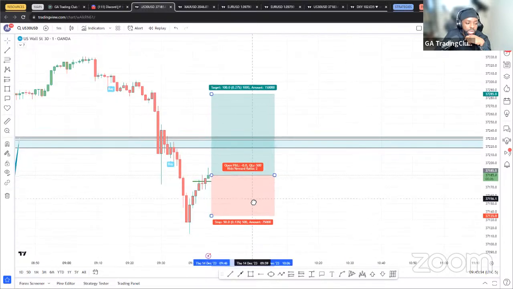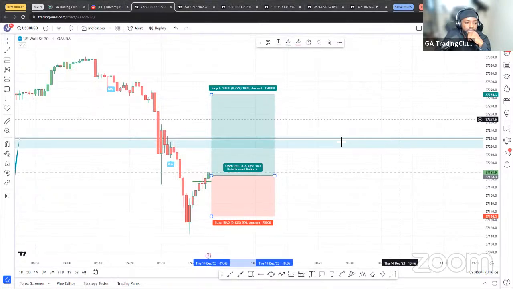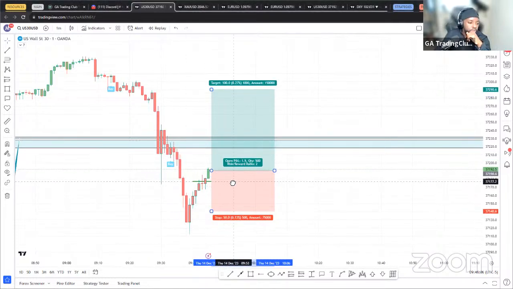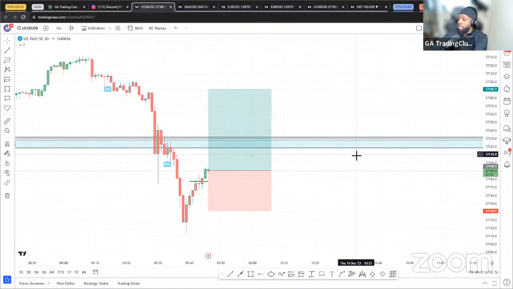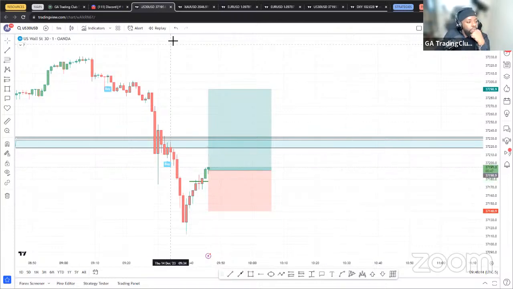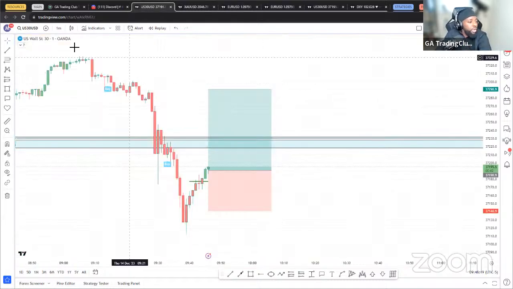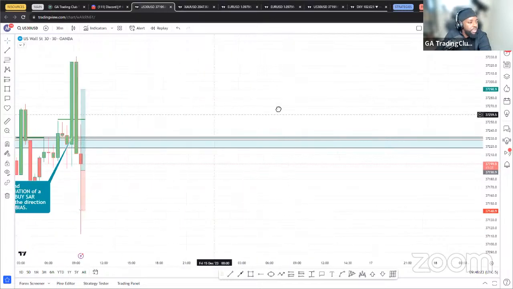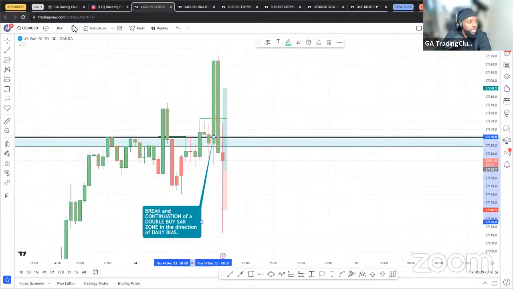So let's see how this candle closes. 3, 2, 1. So it did close above. I'm in a buy for US 30 now. All right, so I'm in that buy for US 30. And then we move. We're just waiting on EU. Okay, let's see if we have any momentum entries. So no momentum entries for US 30.